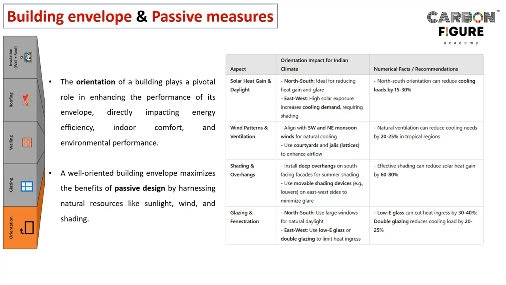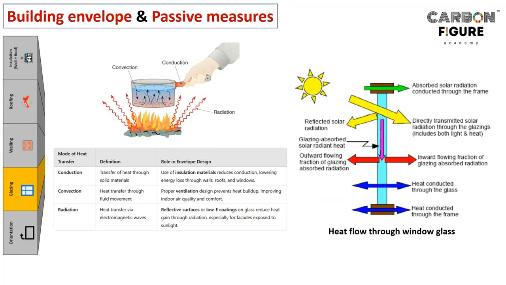Low E glass can cut heat ingress by 30 to 40 percent. Double glazing reduces cooling load by up to 20 to 25 percent, right? So these are about orientation. Next we have the glazing, right? Before going into the glazing scenario, we should understand how heat is conducted into the building through glazing, right? There are three different modes of heat transfer,